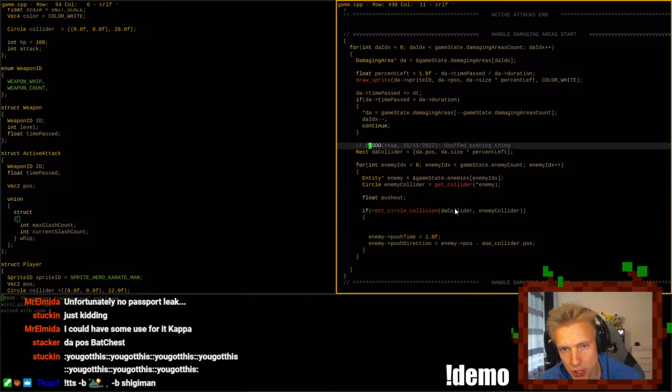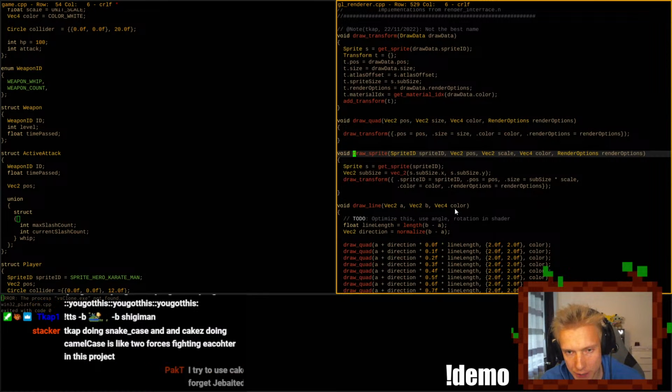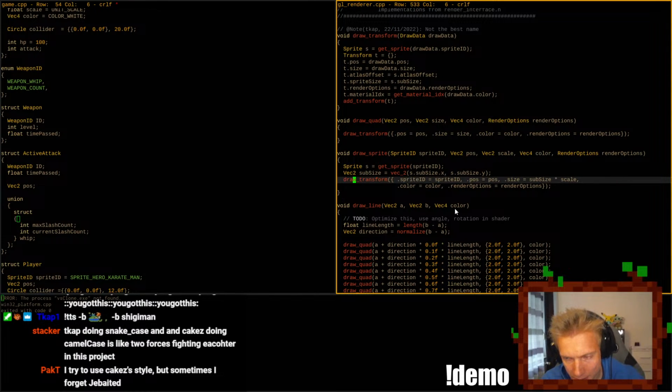But I need your help, Cakez, right now. This draw sprite function. How is this drawn? Cakez doing snake case and Cakez doing camel case, like the two fighting each other in this project. How is this drawn?